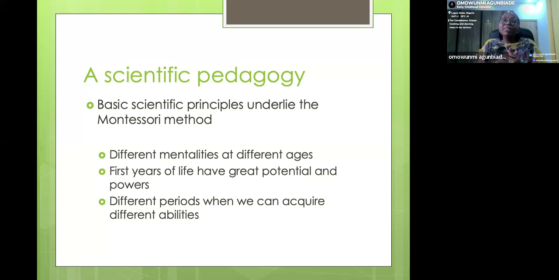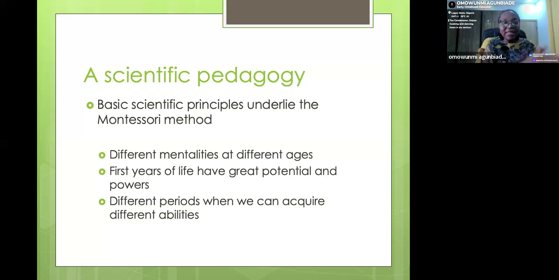Knowing the fact that the emotional development, the mental development differs for different age groups. And so activities or the environment we prepare for children between the age group 0 to 3 will differ when you compare it to children between the age group 3 to 6. Remember, we also still talk about the absorbent mind. 0 to 3 is unconscious, 3 to 6 is conscious.